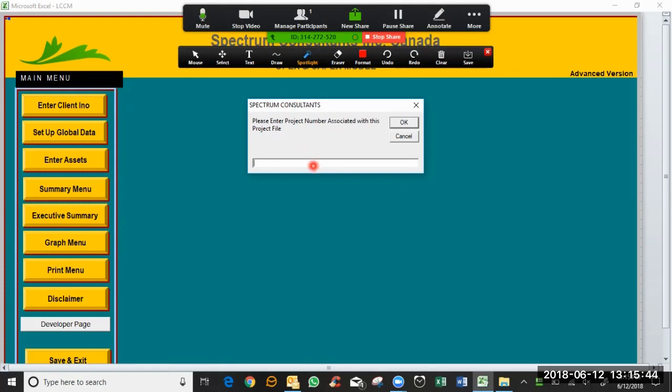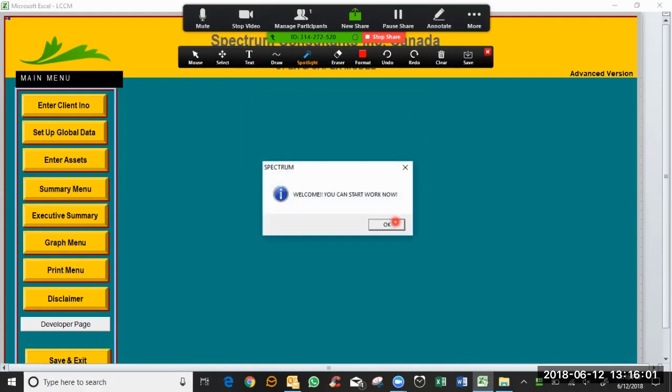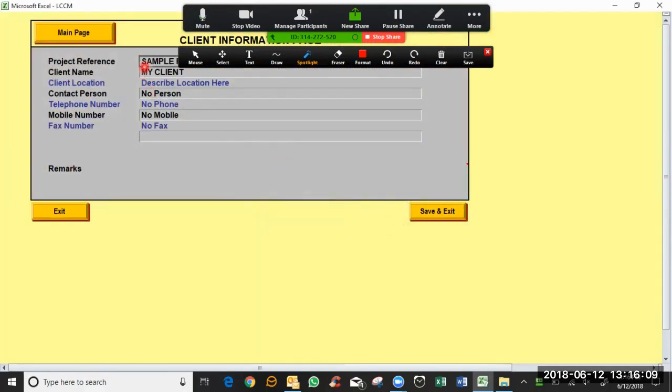So this is basically a combination of client info and the password that people use to enter into the calculation mode. For the sake of purposes, I just write here project one for the moment. By the way, if you give a wrong name, then the system will exit and you won't be able to continue. As soon as we are here, then